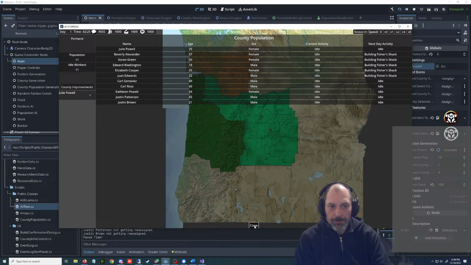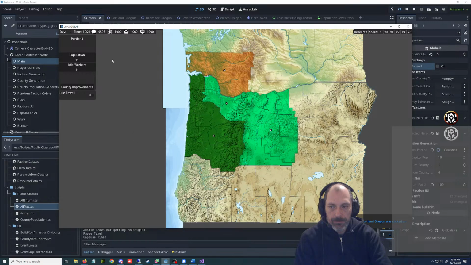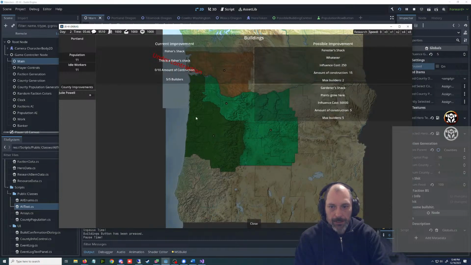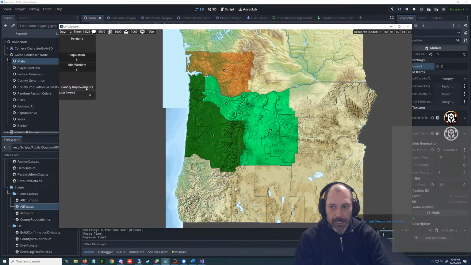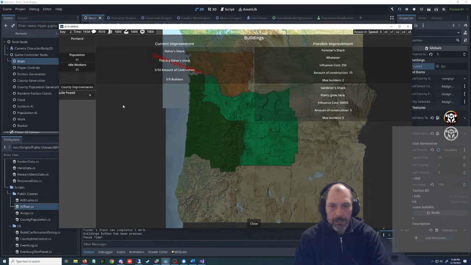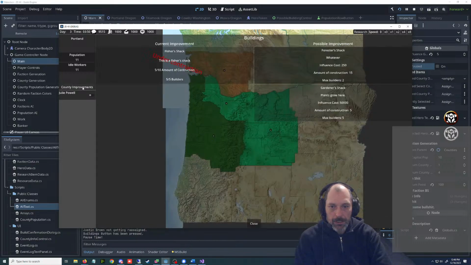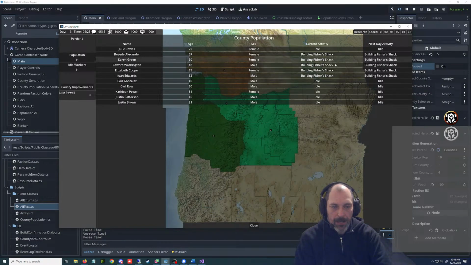All right, they're both building the Fisher Shack, and the county improvement is 0% done because this is the current day. After 5 p.m., it has 5 done. It was working according to our glorious plans. It hasn't done anything yet because it's not 5 p.m. It thinks it's working on it tomorrow. It won't be, though.